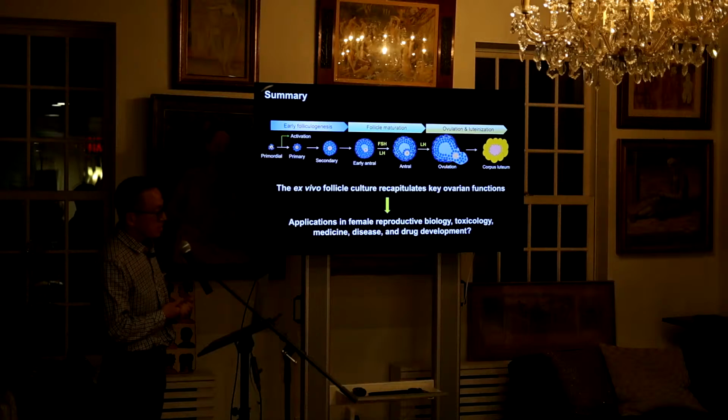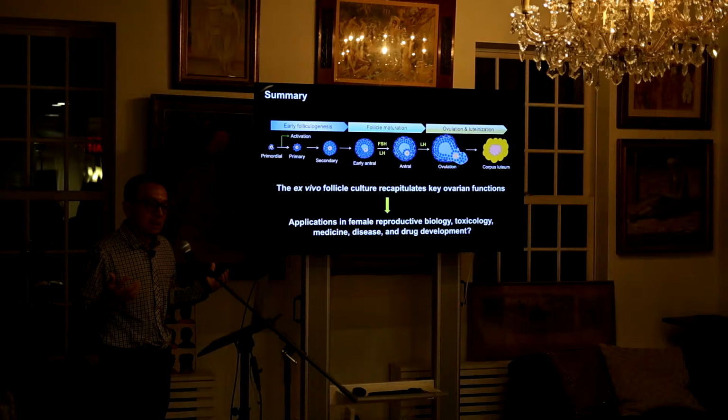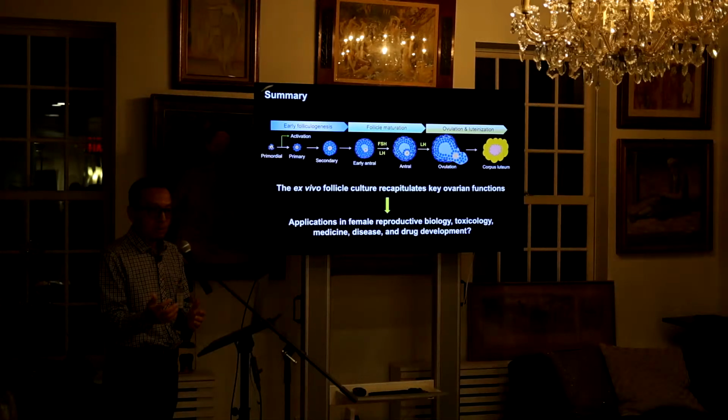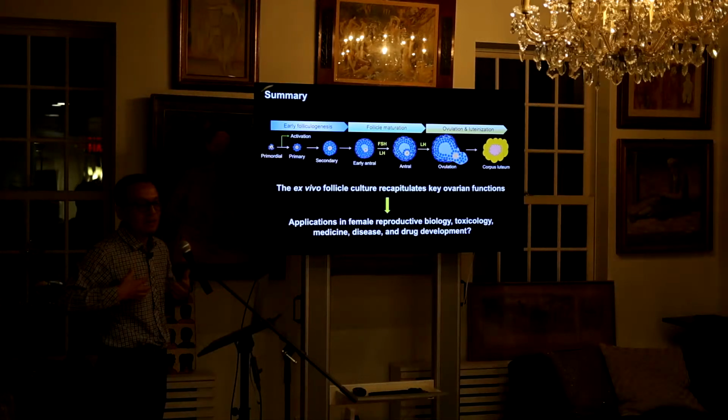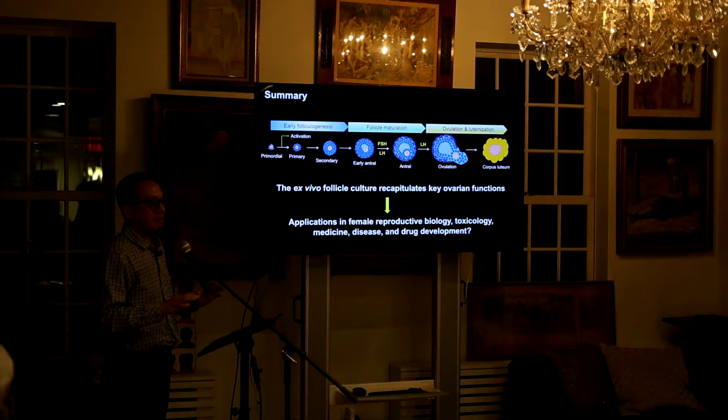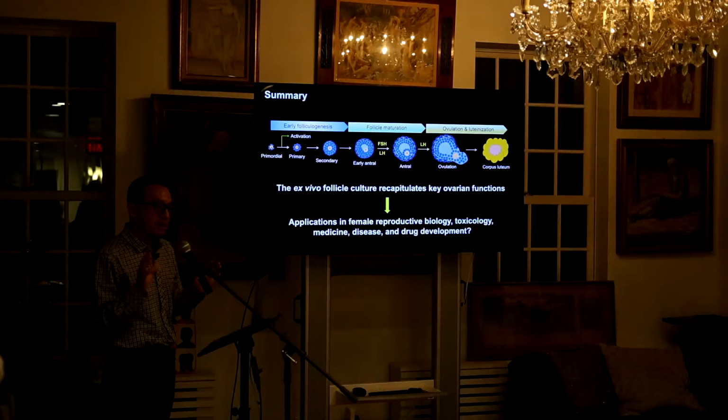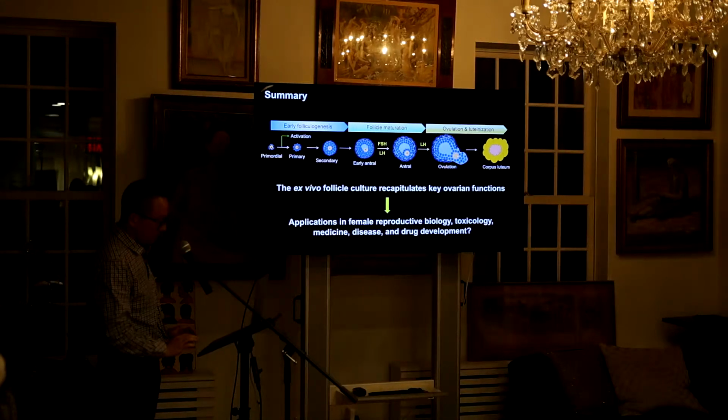We are also interested in some ovary diseases, for example follicle development arrest, and recently PCOS. So we also manipulate this model to mimic the PCOS ovary. We are not ambitious to cure PCOS because it's so complicated, involving the endocrine system, liver, and many other organ systems. But we want to know whether we can find some druggable targets and have the REIs in this room achieve a better ovulation rate, better follicle maturation, and a better IVF success rate. So I will touch on that a little bit.